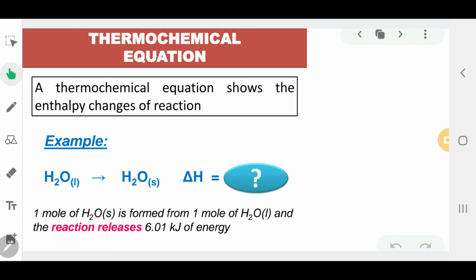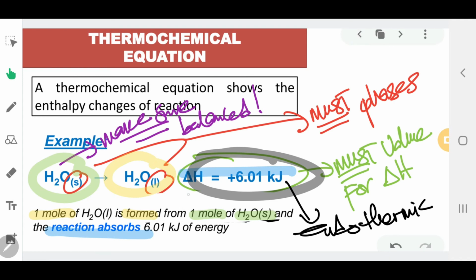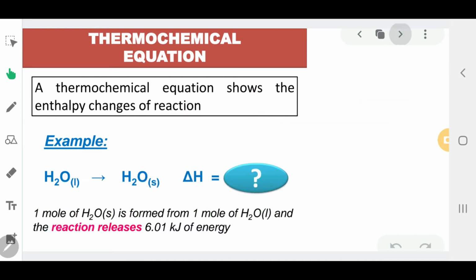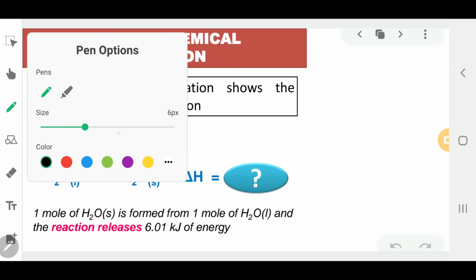If you look now, you have liquid water and you want to convert that into solid water. So this is just the reverse of what we have over here. This one is from solid H2O into liquid H2O, and the one that we have over here is from liquid into solid. So if you reverse the thermochemical equation, what happens to the value over here? The magnitude will be the same. Okay, you will still have 6.01, but this time, because you reversed the reaction,